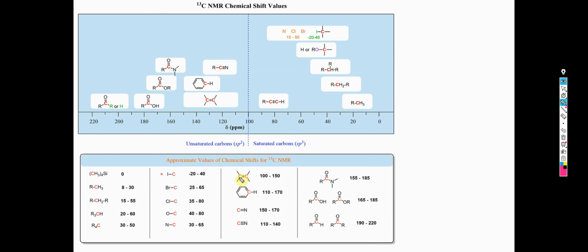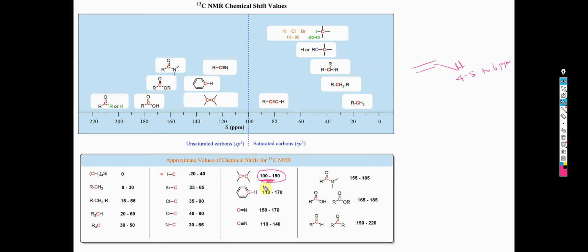And here, as we saw for an alkene in proton NMR spectroscopy, this alkene can appear somewhere from 4.5 to 6 ppm, right? And it's a significantly higher ppm value compared to what you see for alkanes. Similarly, in carbon-13 spectroscopy, alkene carbons, because of the induced ring current, are going to have a higher ppm value where they appear in the spectrum. So the carbons that are part of an alkene bond are going to be somewhere from